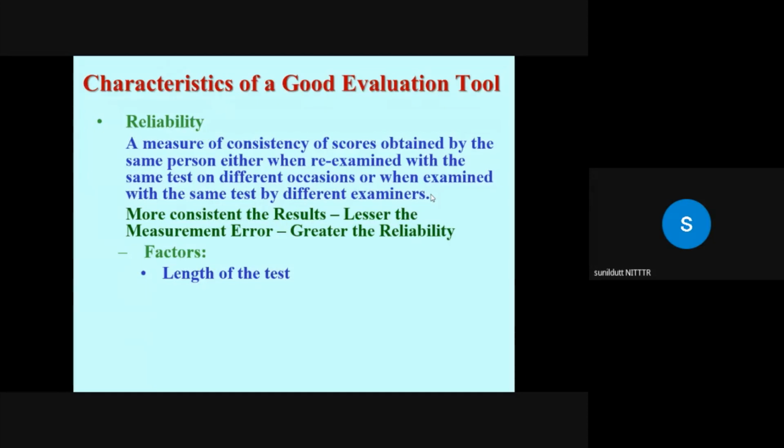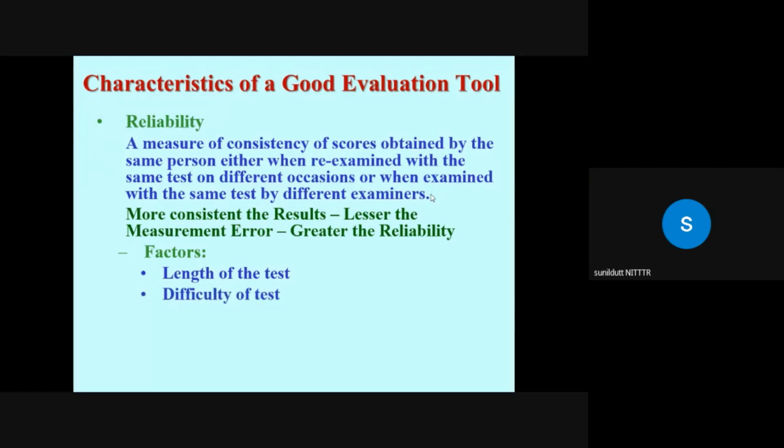And a correct guess on all the 3 items would result in a perfect score, isn't it? And incorrect guesses on all the 3 items would result in only 7 correct score. So this would represent considerable variation in the test score resulting from the guessing alone. And if the same student takes a test with 100 true false items, then the correct guesses would tend to be cancelled by the incorrect guesses. So that is why we recommend that a test should contain more number of items.